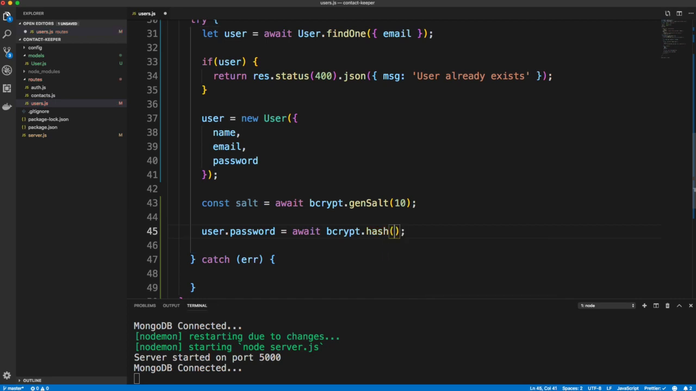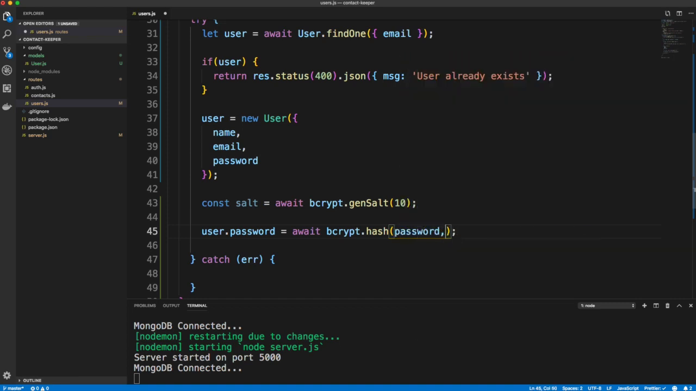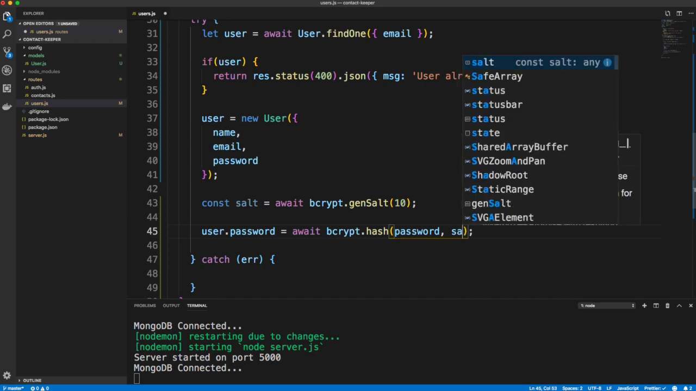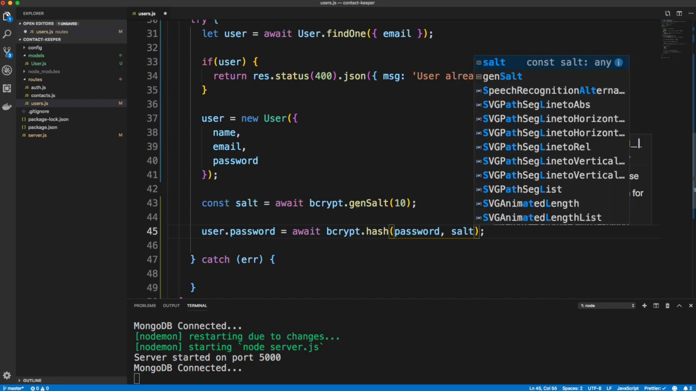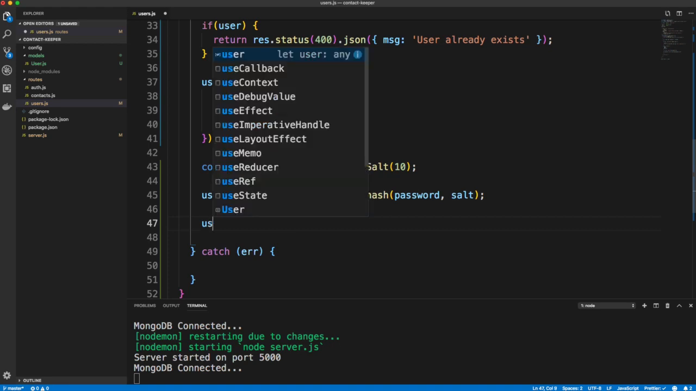And this takes in two things. It takes in the plain text password, which is just password, and then also the salt, which we generated here. And that will give us a hash version of the password, which we're then assigning to this user object. So the last thing to do after that, to save it in the database, is simply